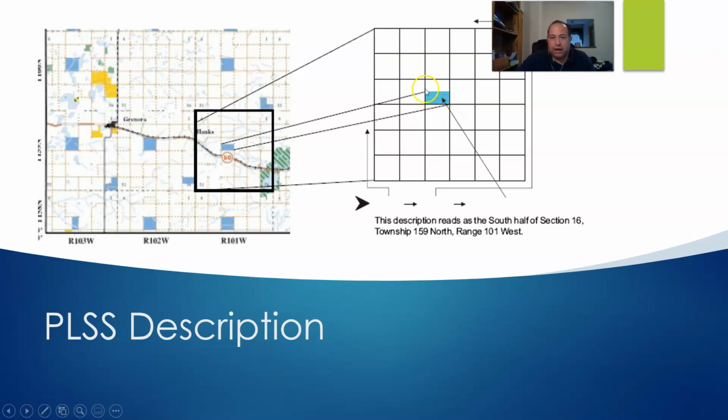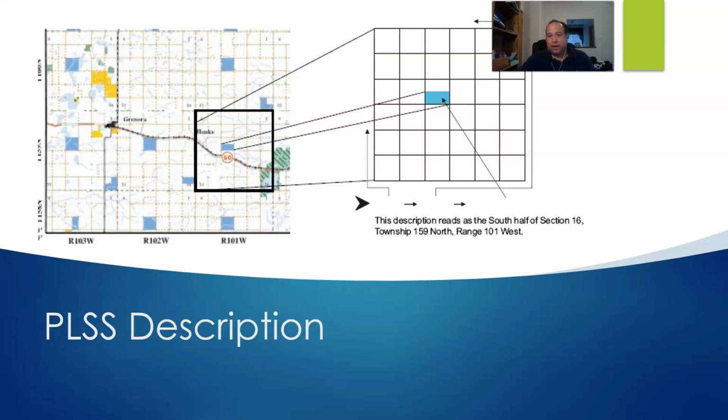So this is the southern half of this section, which is section 16, and then I'd have to figure out my township and range, which it says is 159 north and range 101 west. So if I start here, it's a lot harder to say, okay, well, it's range 101 west and township 159 north, and then let me figure out what section I'm in, and then what half I'm in. And if I wrote it that way, it would say township 159 north, range 101 west, section 16,